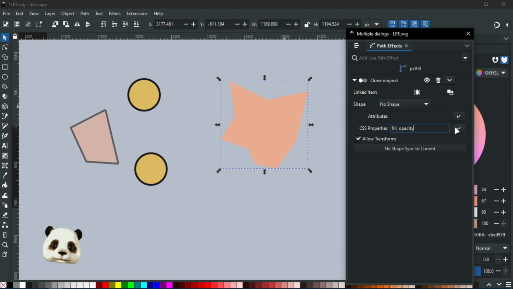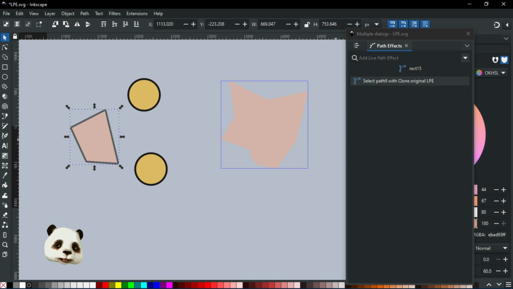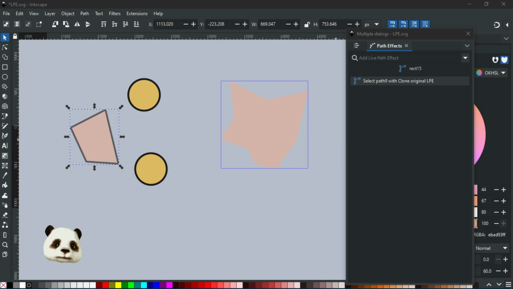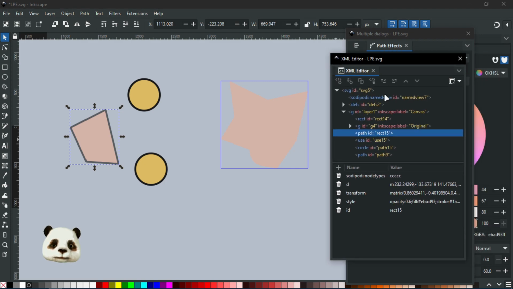And you have to click this button in order for it to apply. So you see now it takes the opacity from there. What else can we take from here? We can take, and if you ever need to know what you need to type there, you go here into